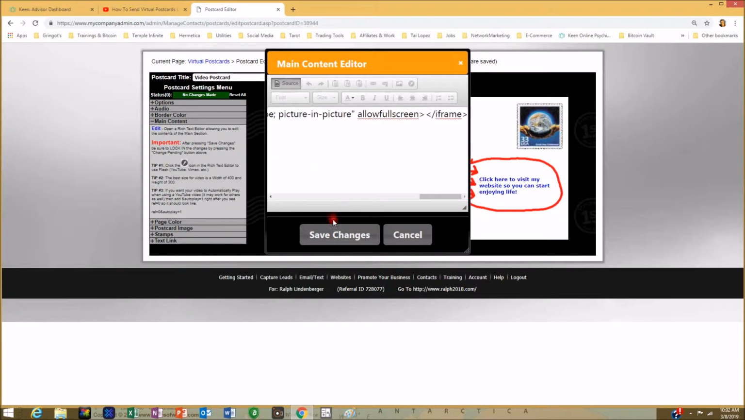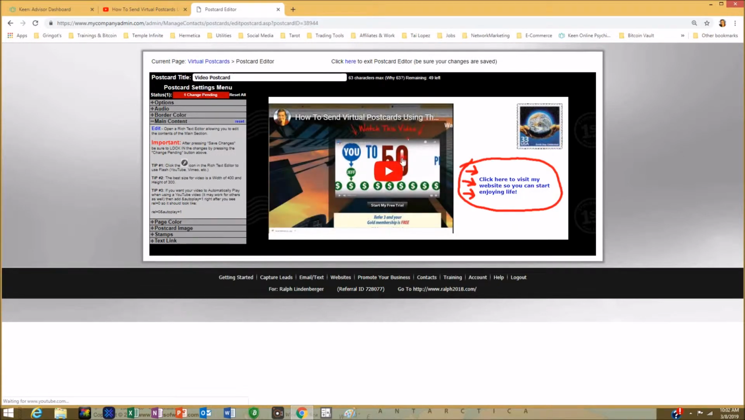Now, let's see what we got so far. Save changes. Now, so far, you see that if you use the standard embed code without altering it, your video is going to be shown a little bit oversized. You see how that takes up quite a bit of the space on this video postcard. Now, if you like that, you can keep it that way. If you want to reduce it down, then yeah, you can just go back over to edit